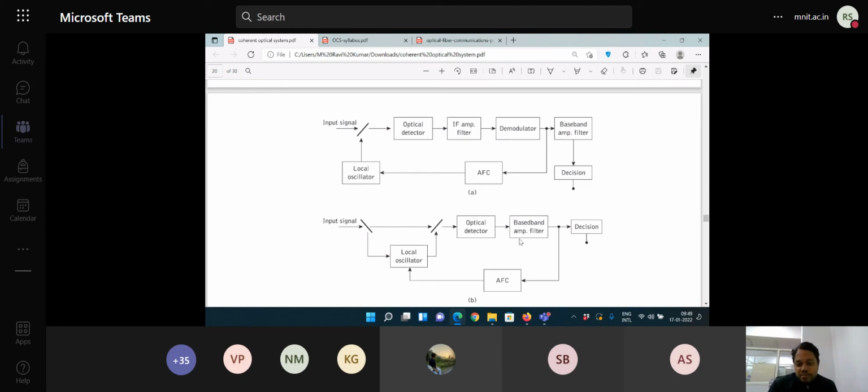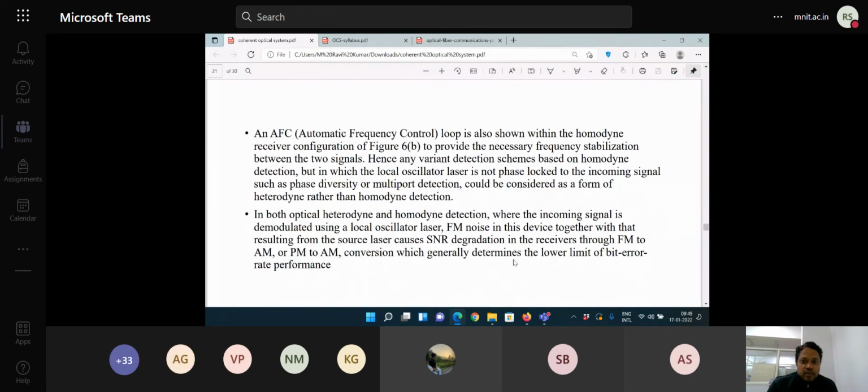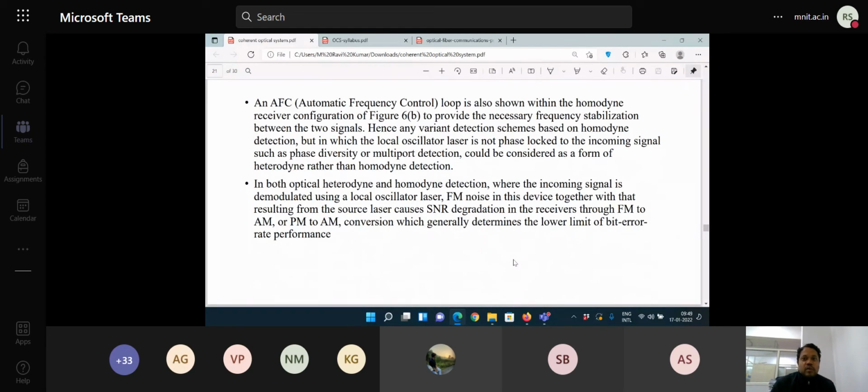So the rest of the blocks are understandable. So this automatic frequency control provides frequency stabilization, and any variant detection